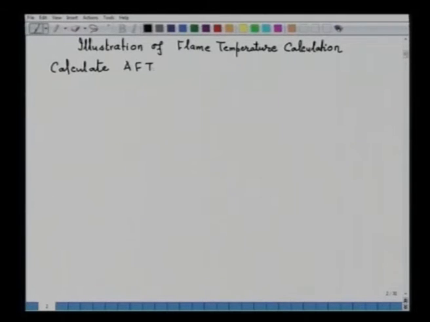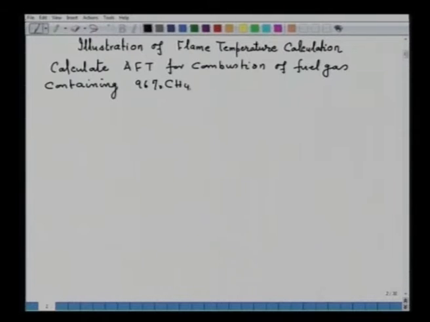As I said earlier, it is adiabatic flame temperature for combustion of fuel gas containing 96% methane, 0.8% carbon dioxide and 3.2% nitrogen